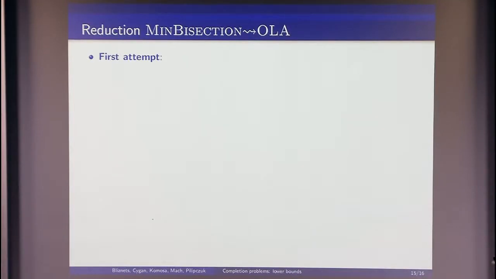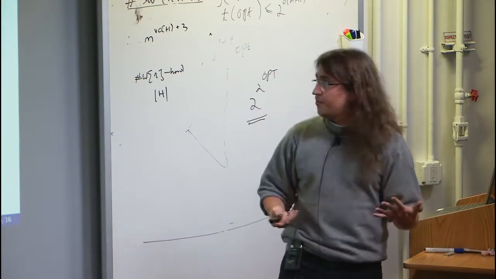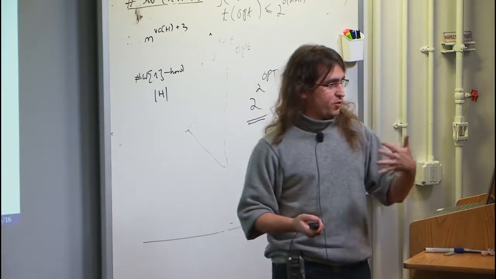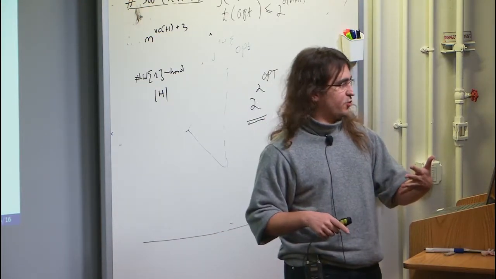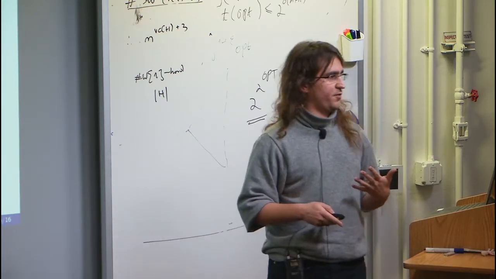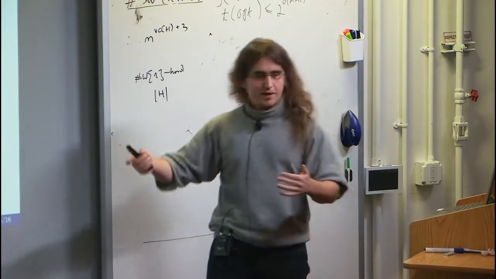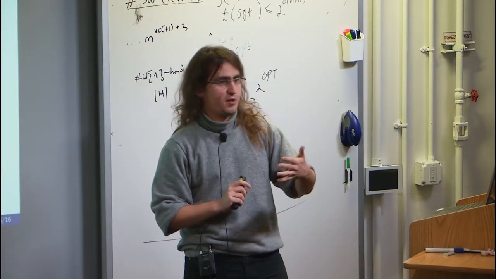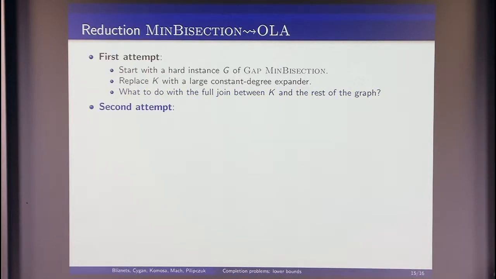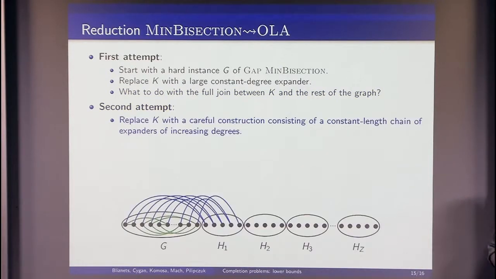So now, given this hypothesis, we can show an optimum lower bound. I will try to sketch what we are doing. The first idea is to start with this min bisection problem, which is sort of exactly the problem that we wanted in this reduction, and just replace the large clique that we had with a large constant degree expander to make the output graph have bounded degree. However, then we had this full join between the clique and the rest of the graph, which also needs to be sparsified. Okay, so let's try the second attempt. You need to be a lot more careful. Instead of one expander here, you put a chain of expanders that are somehow connected with each other,